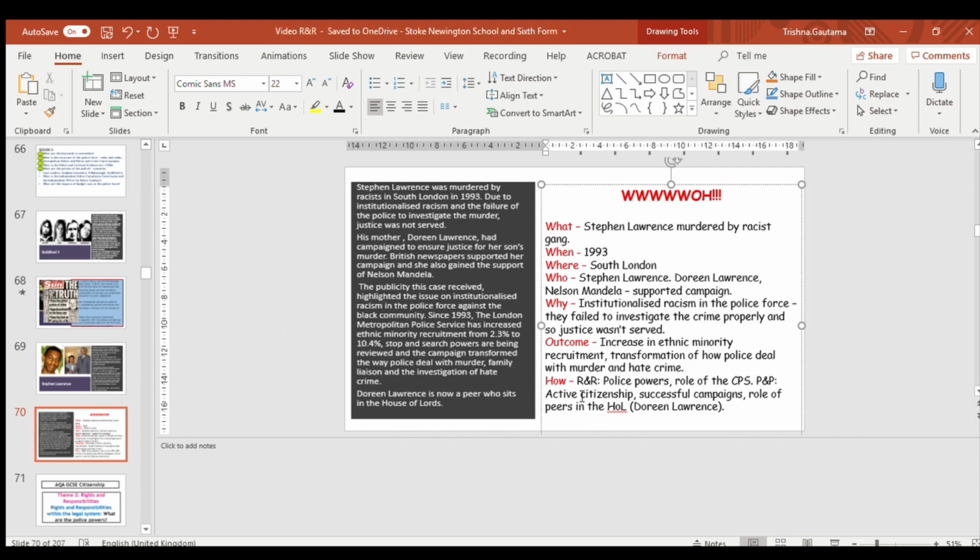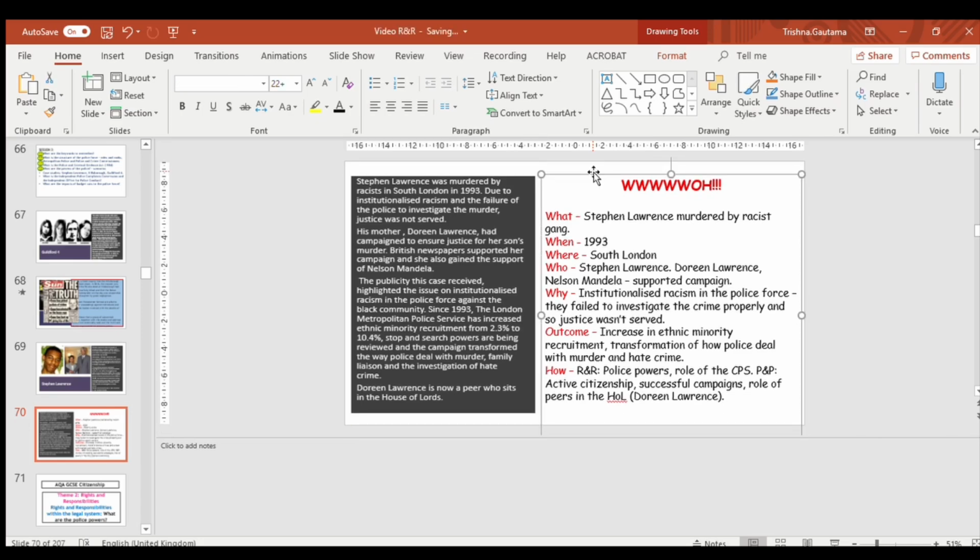You may not remember all the case studies when you go into your exam, so even if you remember some of them or most of them and you can apply them across the board, that would be great. Feel free to use this strategy, try and use it on a flashcard, see if you can use a number of flashcards, the question on one side and the answer on the other if you want, or just make sure you have this key information for every single case study using the WHOA strategy.